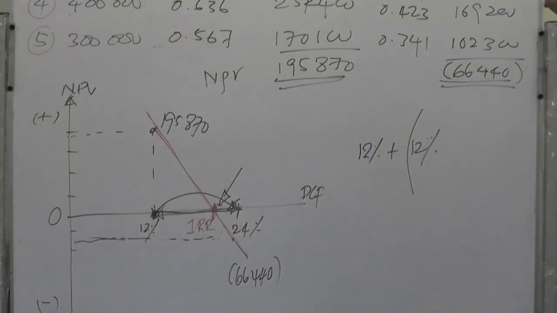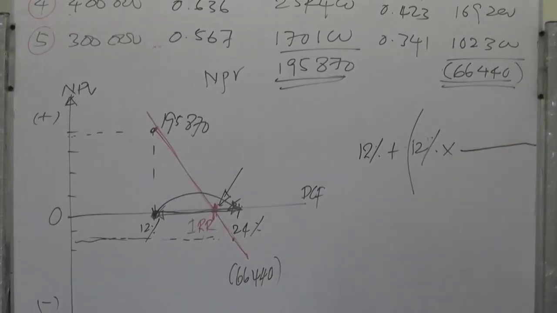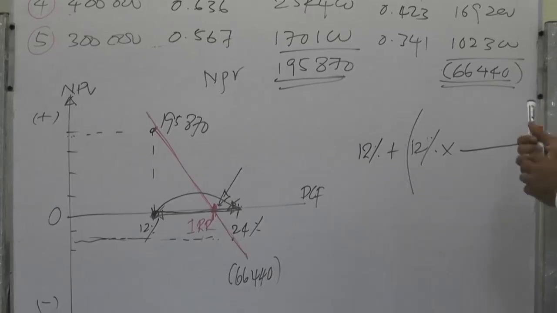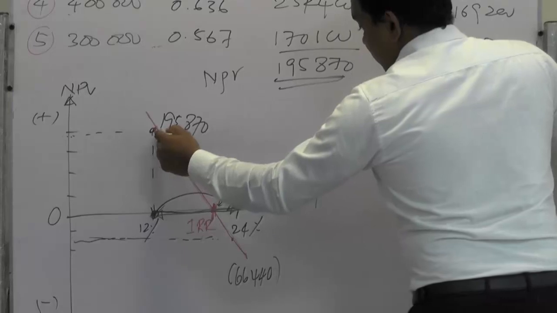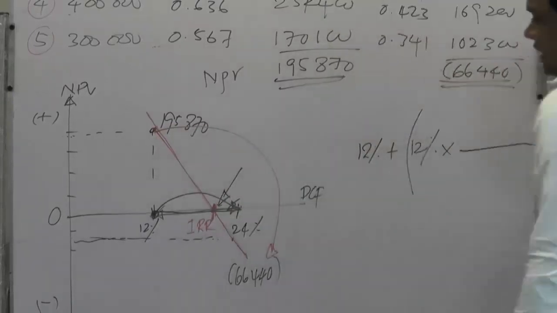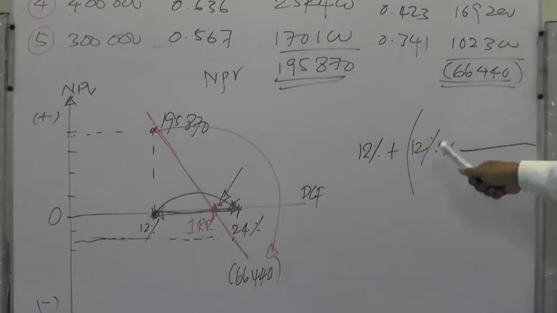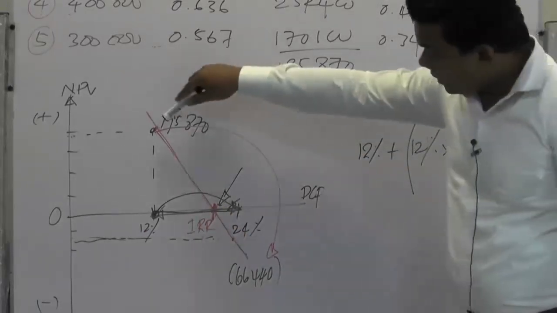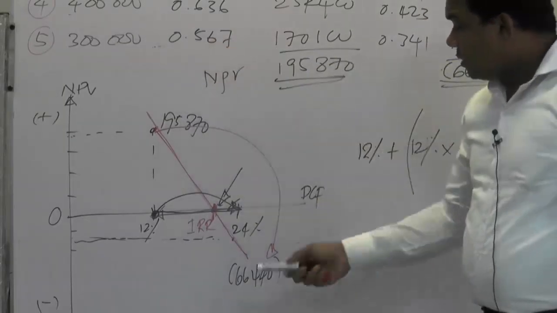When it is increased by 12%, the total NPV has changed from this point to this point. When the rate increased from 12% to 24%, total NPV reached from plus 195,000 to minus